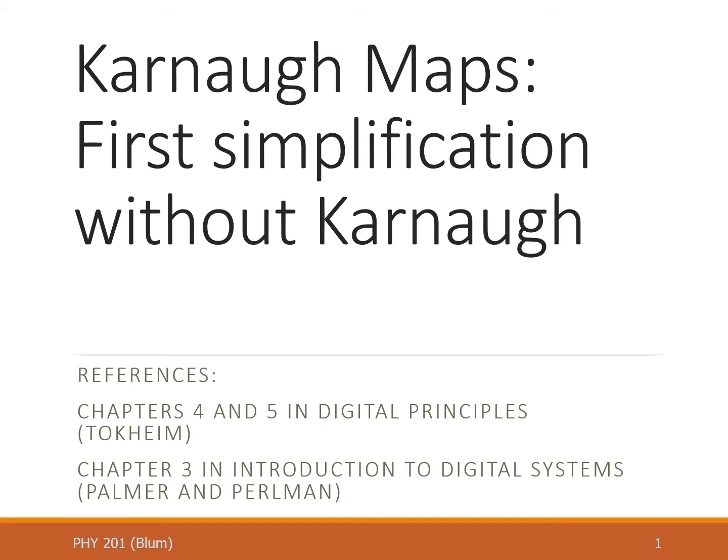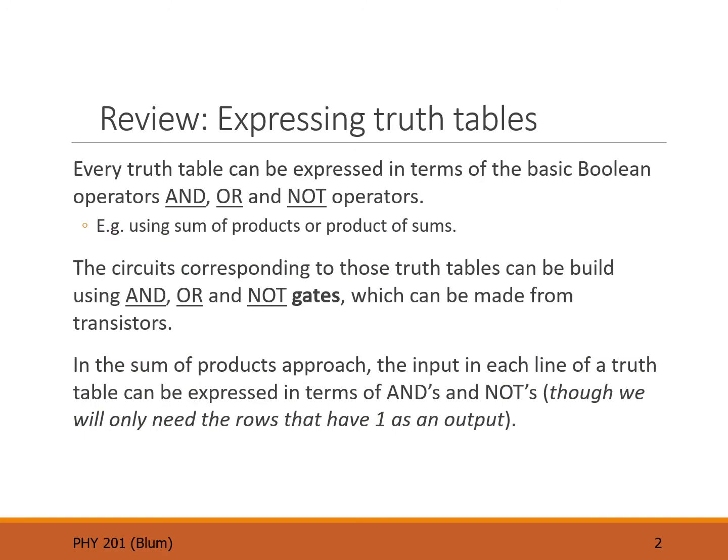we will ultimately take. Every truth table can be expressed in terms of Boolean operators and, or, not. In fact, we've done this two different ways. We've taken the so-called sum of products approach, and we've also taken the product of sum approach. Once we have an expression in terms of and, or, and not operators, then we can build a circuit in terms of and, or, and not gates, and then in turn these gates can be made from transistors, which we